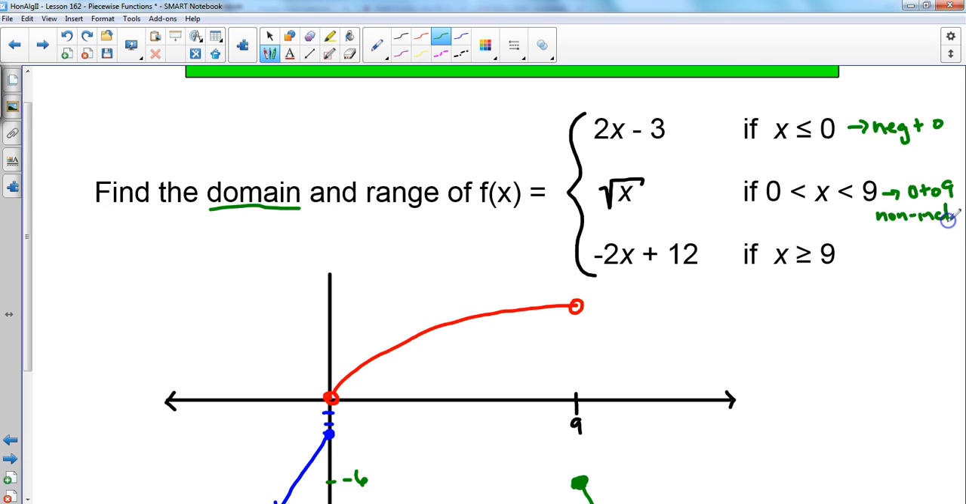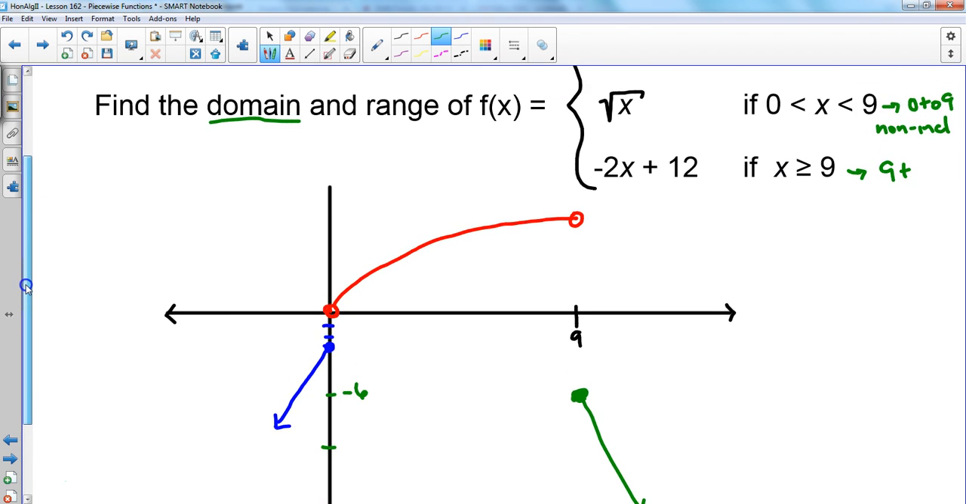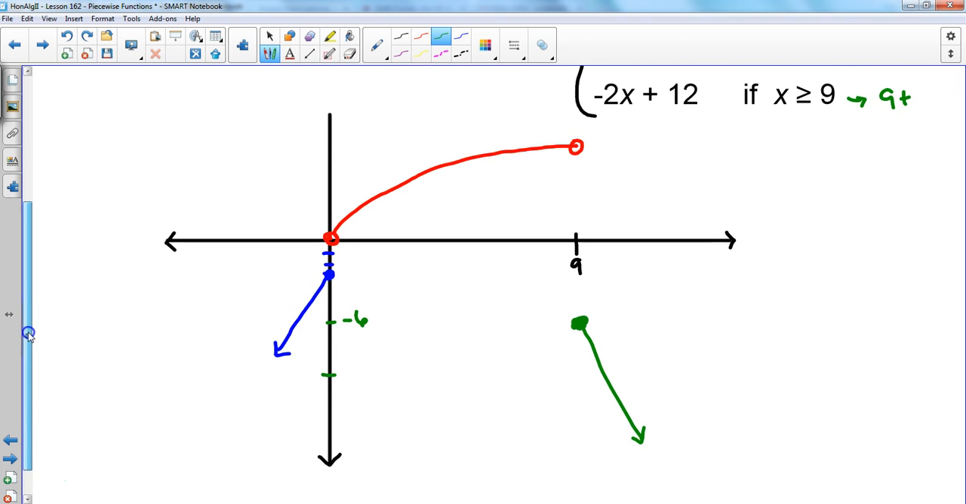Non-inclusive, so we're not including these endpoints. This endpoint is included in this interval. This endpoint here is included in this interval. This is going to cover everything from 9 up, so all of the positives, so we don't have any gaps in our intervals either. So when we go to write the domain, our domain value,